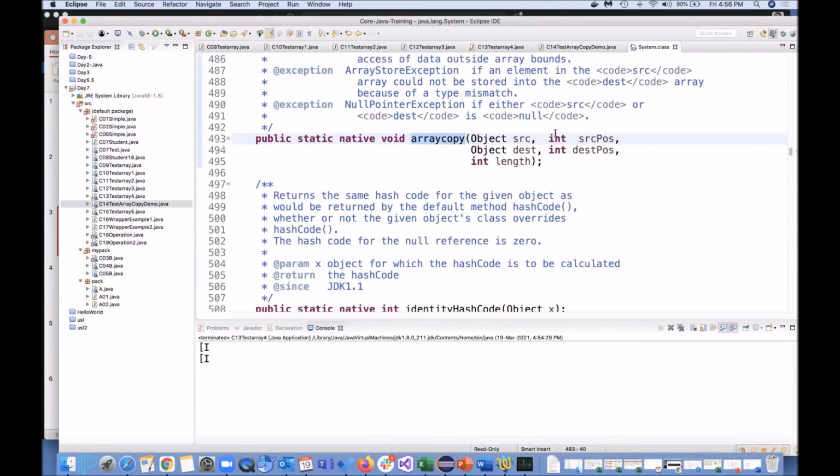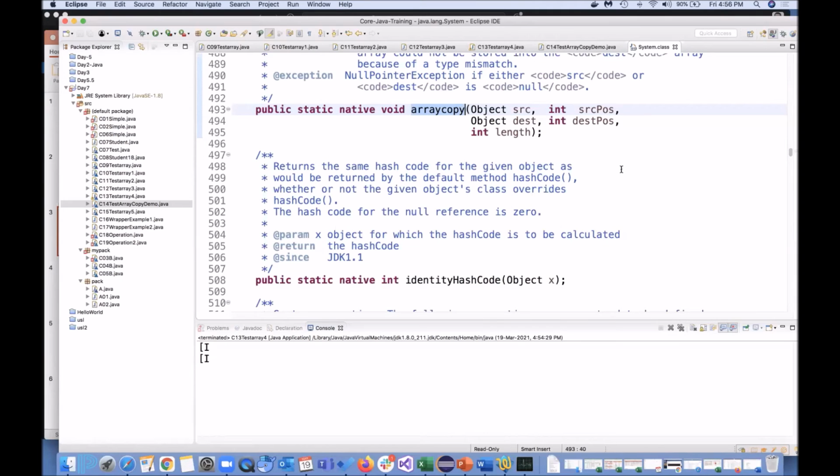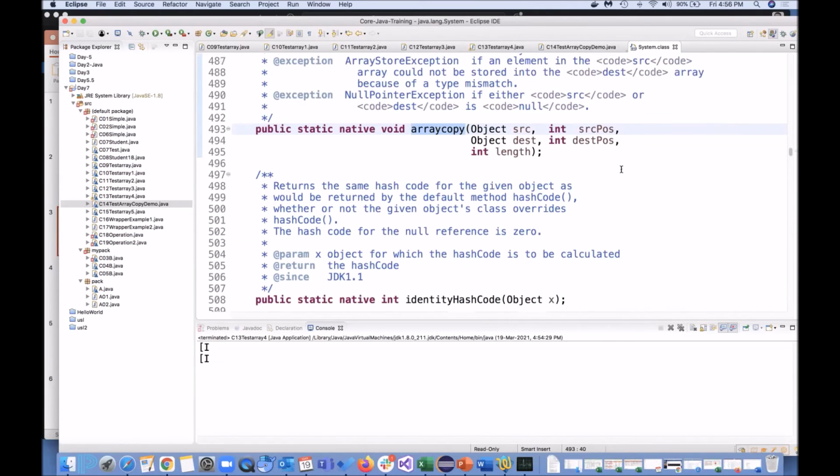So when you click it here, it will give you object. This object means this is array 1, this is array 2, and from which position to which position you want to copy, what will be the length of the new array. So all these things you will see for all the native functions which you will be having.